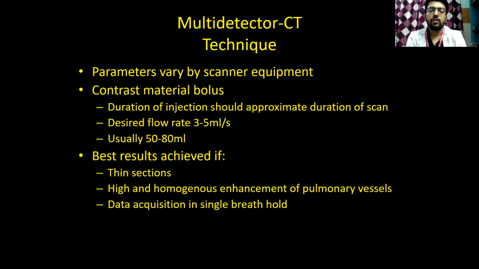Multi-detector CT technique: parameters vary by scanner equipment, Siemens, GE, anyone. For the contrast material bolus, the duration of injection should approximately be the duration of the scan. Desired flow rate is 3 to 5 ml per second, usually 50 to 80 ml we give. Best results are achieved with thin sections, high and homogeneous enhancement of pulmonary vessels, and data acquisition in a single